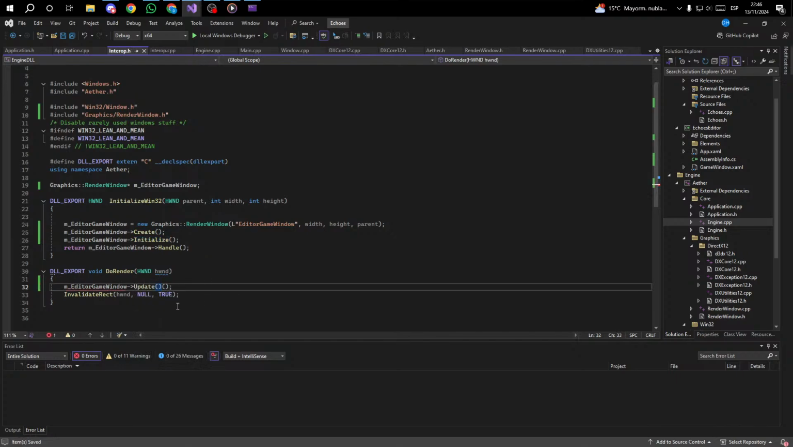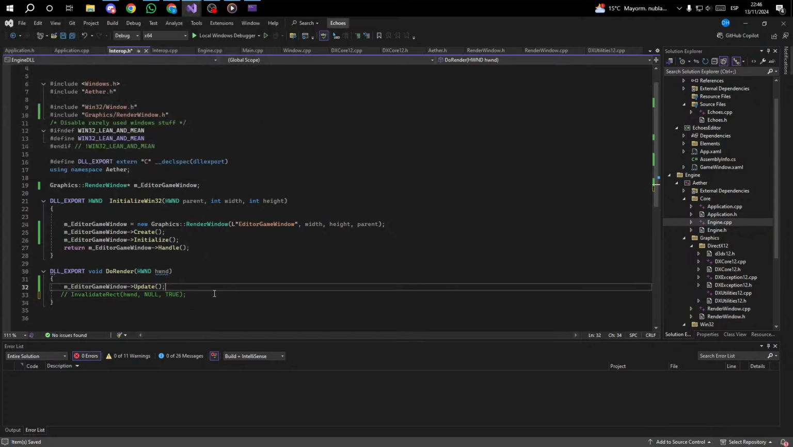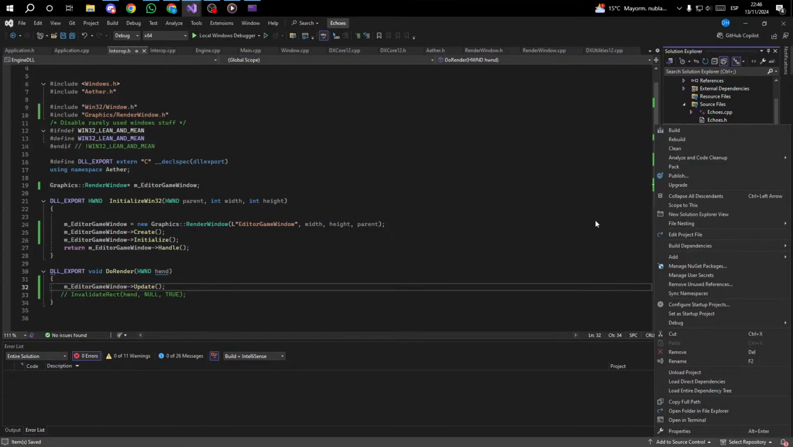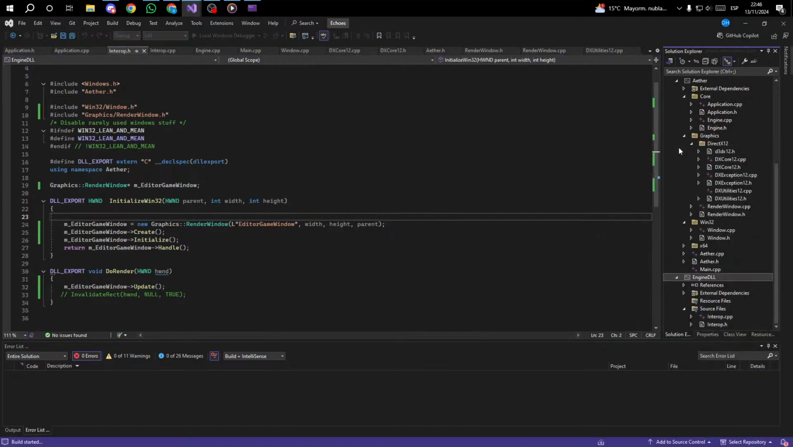Now, honestly, I haven't tested this far enough to know if this is going to work. So there's a high chance that this is going to be an absolute disaster. Let's just build this. And if this for any reason doesn't work,